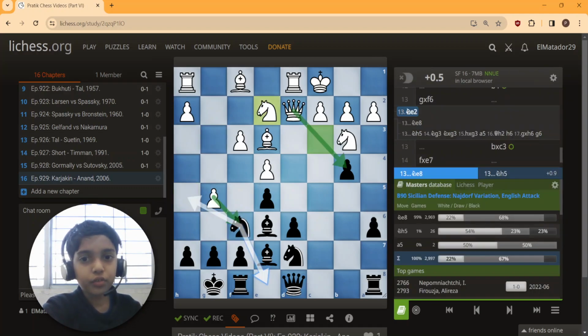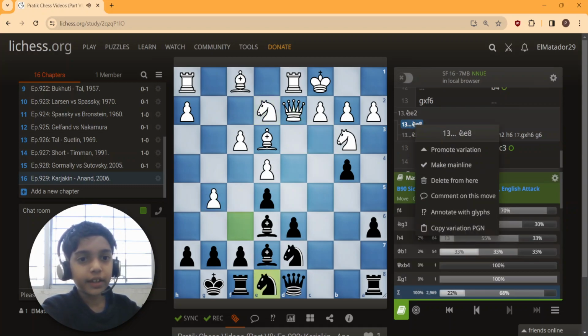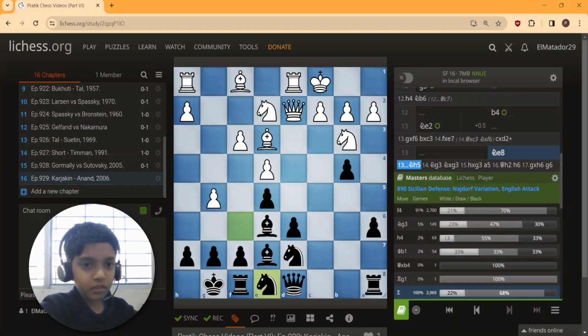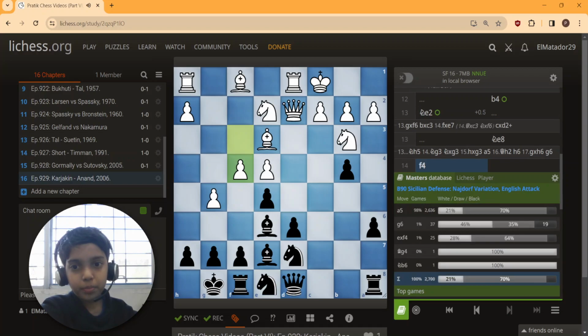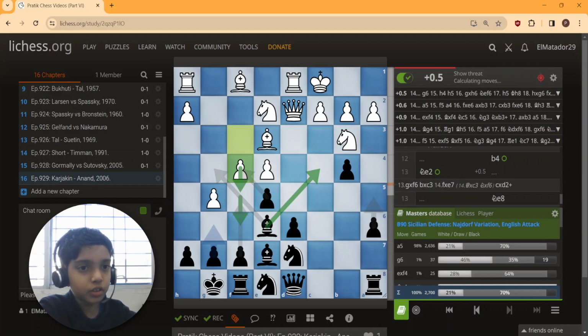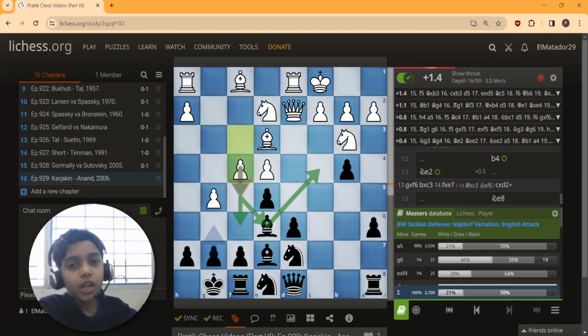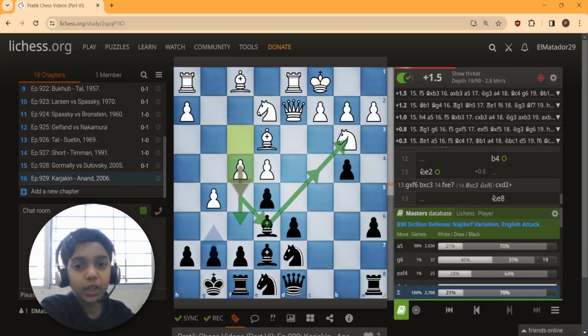So that's why here after knight e2 comes knight e8, and now after knight e2 knight e8 comes f4, breaking the center, and now f5, and we almost trap the bishop, because bishop c4 is still there, but f5 f6 is also a threat. So here the threat is to play f5, and if you play bishop b3 or move bishop c4, my threat is to play f6 or g6. G6 is